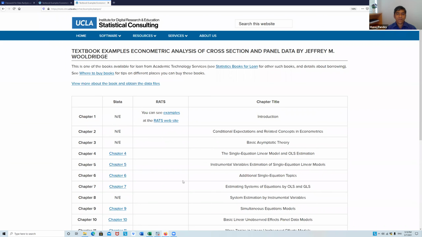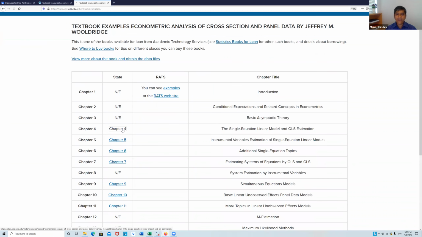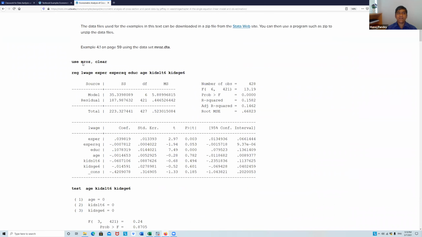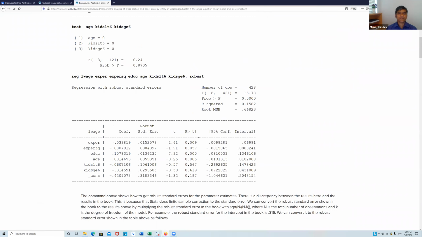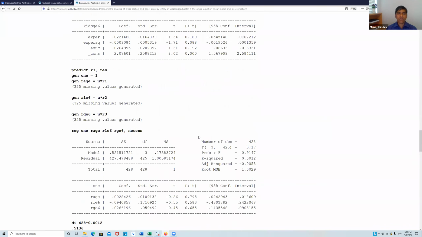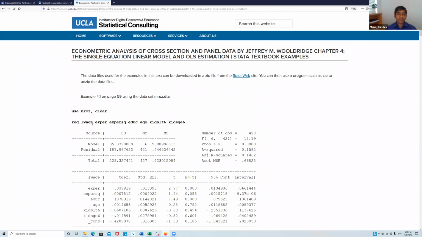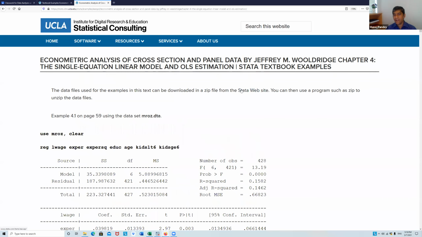Now if you click here on chapter 4, let's say, you have all these data sets, and you have all these results. If I have to do it, I will go and collect data from here. I'll click here, Stata web.